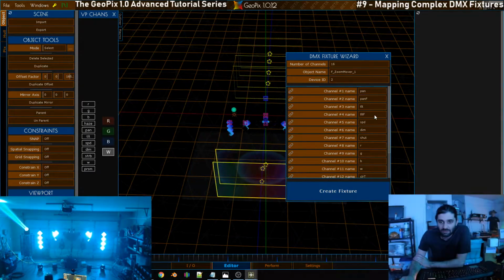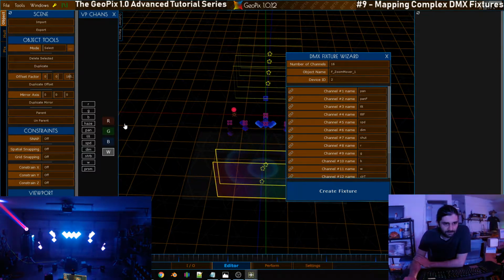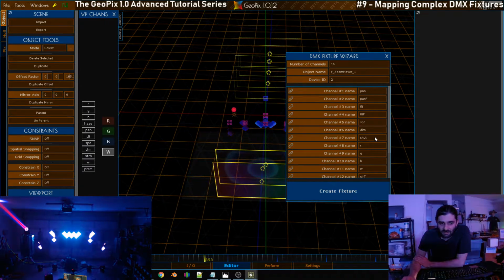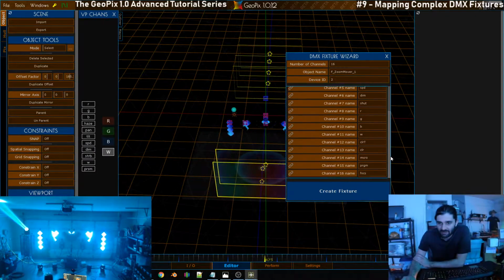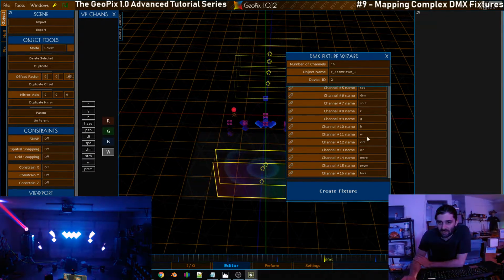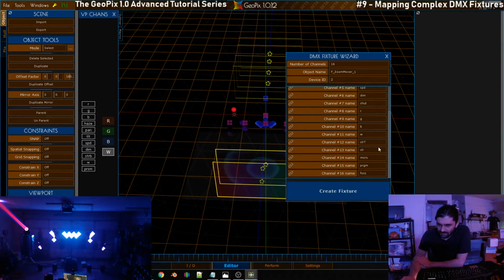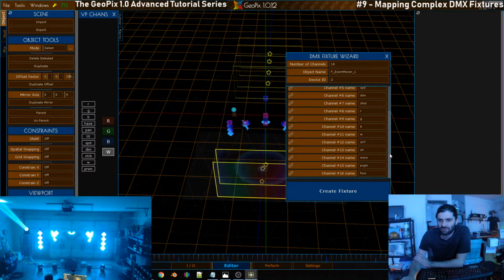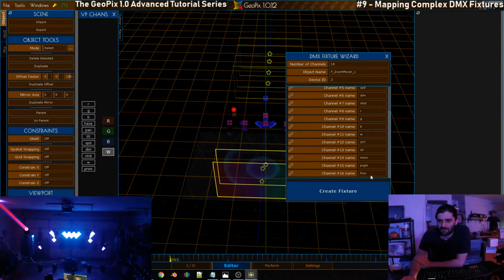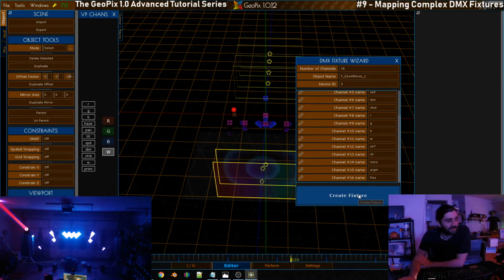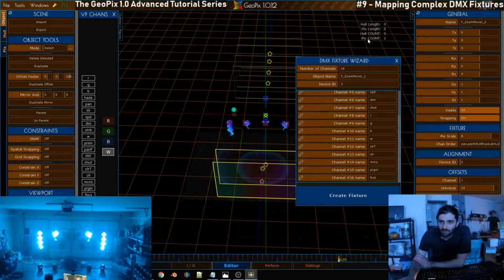We have tilt F, which is not existent over there. We have speed. Speed is good. Shutter is a new one, so we don't have to match that to anything. Then we have red, green, blue, W, which is all already there. And then we have CLRT, which is new, and I think all of these are new, including focus. So looks like we're good to go. We can just hit create fixture, and once we've done that,